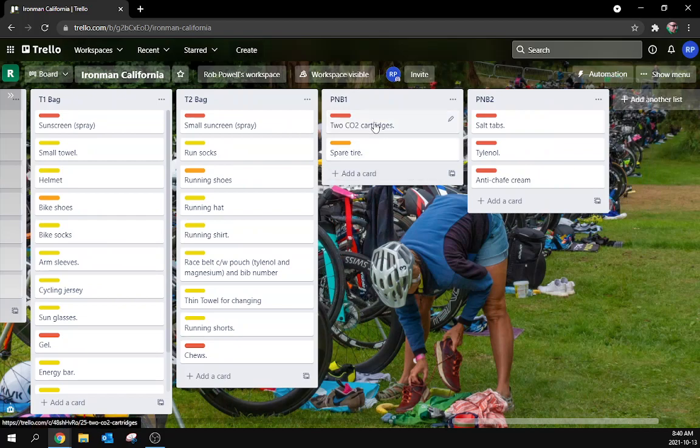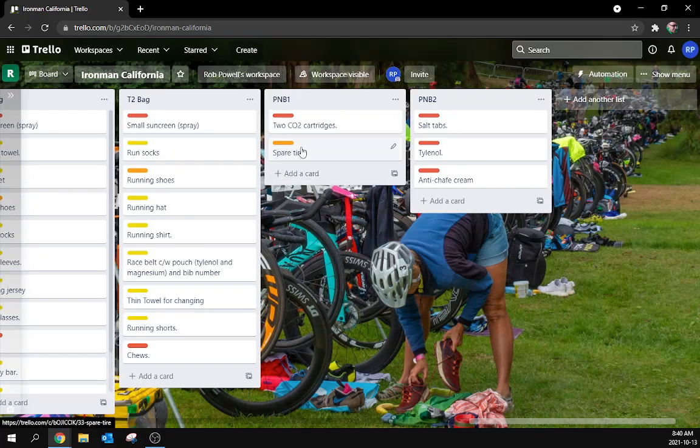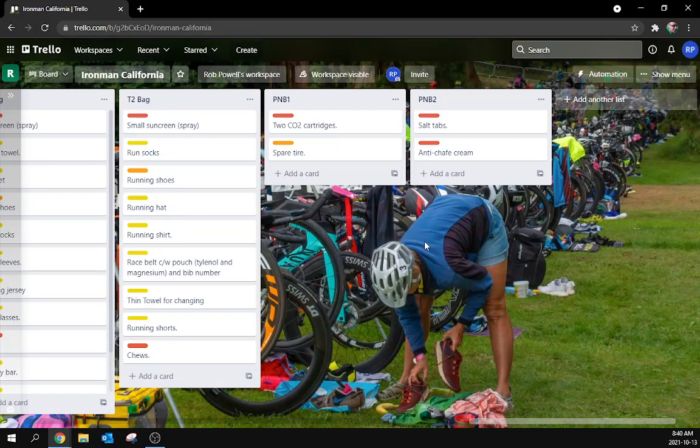And personal needs bag number 1, got the 2 CO2 cartridges, a spare tire. It's orange because I already own it. I just haven't packed it yet. That'll go in the bike case that I'm renting. And salt tabs for the run. Halfway through the run I might be cramping. Hopefully not. I don't think I need this Tylenol. I'll just archive that. And some anti-chafe cream, maybe. Despite my best efforts, it's not going so well for me skin wise, so I'll have that cream halfway through the run